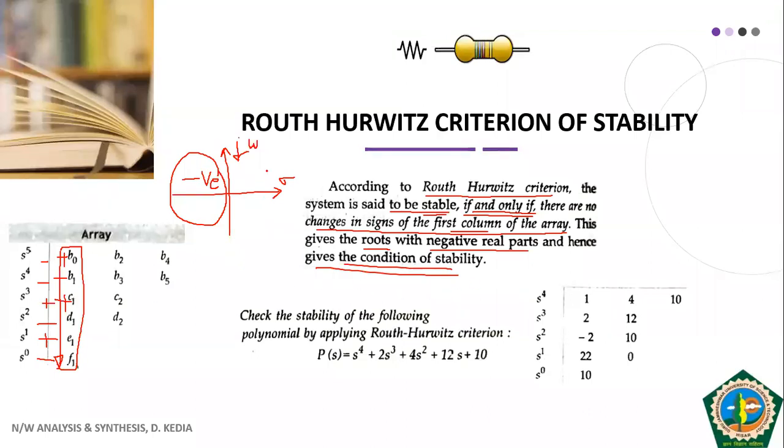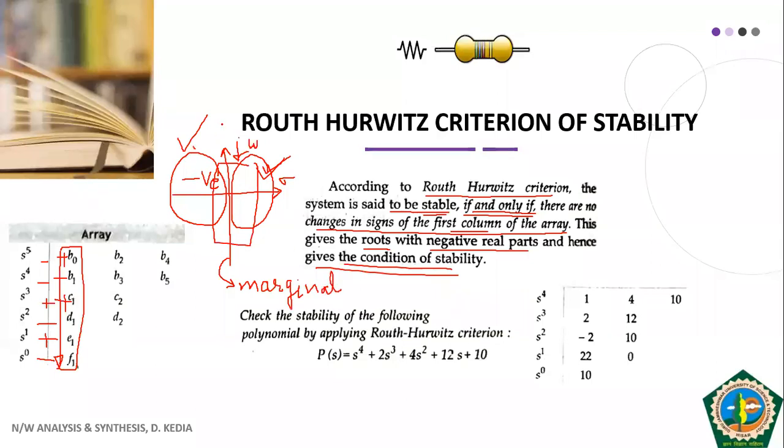So if your roots are present in the positive half of the s plane, then our system is unstable. So here in negative it is stable, in the positive half s plane it is unstable. What will happen on the y-axis, which is in between? Here we say that our network is marginally stable, because this is the boundary line. Okay, marginal.